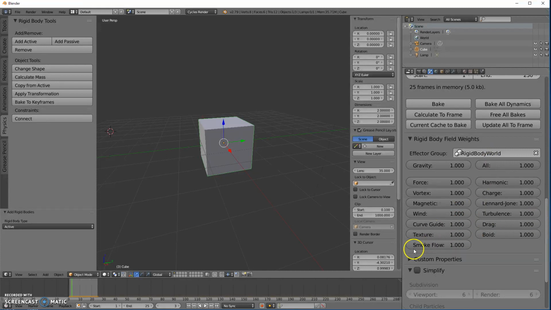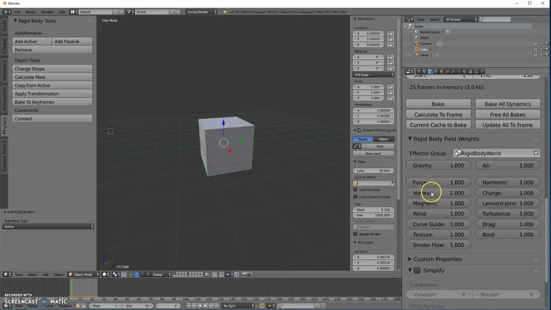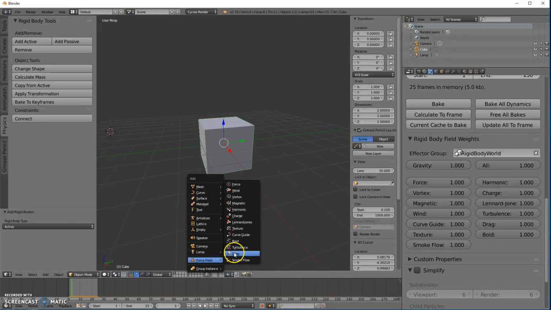by these different forces. You can actually add different forces by going to Shift A in the viewport. And here I have some different force fields. I have wind, vortex. You'll notice that these pretty much match these over here, and so they kind of correlate together. And you can actually have them affected by affecting each other. So if I go down to here, I go to force field and I click on